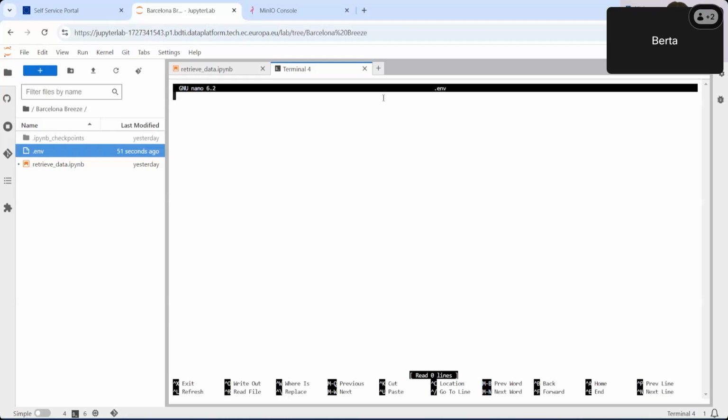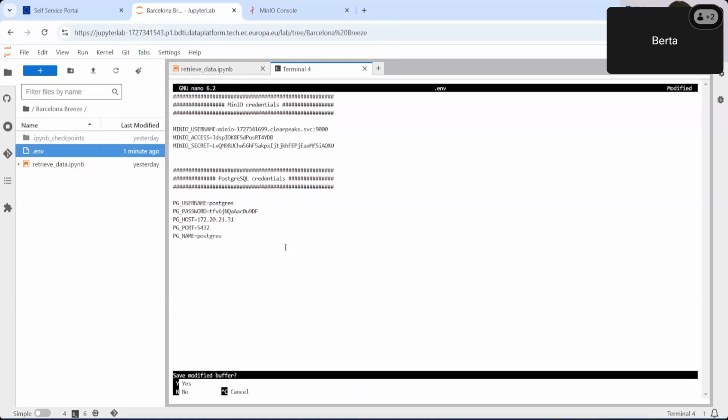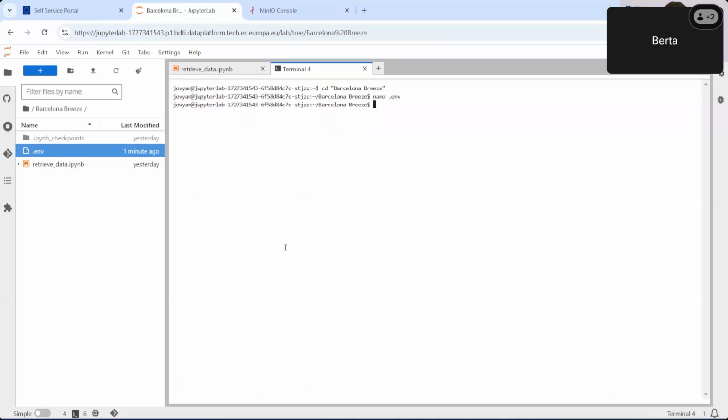And this will open this text editor for us. We're going to enter the credentials here. So go ahead and enter your credentials. You can add it in this format. I've just added also some more credentials that we will need later to connect to PostgreSQL. And now to save this, we're going to do Ctrl+X, click yes, and enter to save it. Now this file is saved. We can go back to the code.